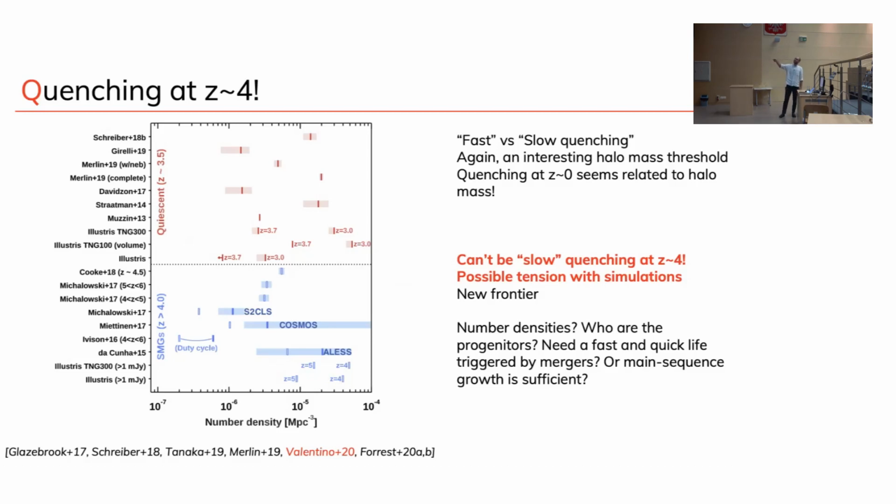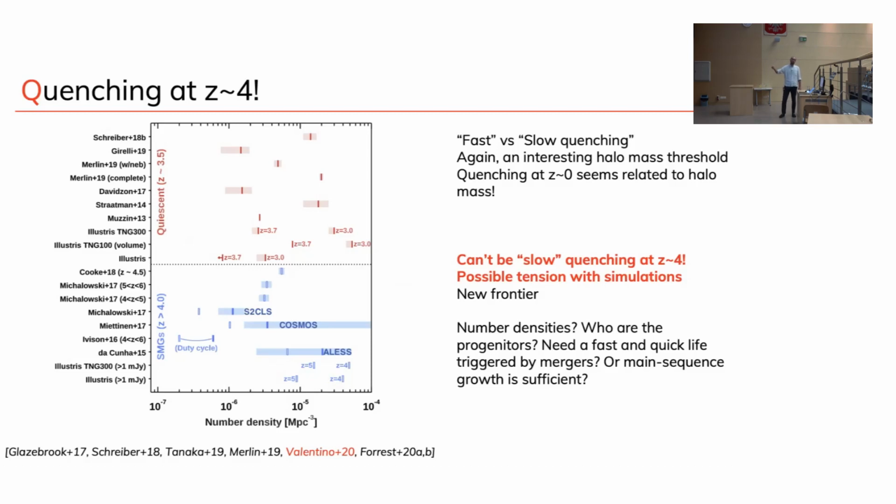What I tried here is to show what happens when you try to connect two populations. This is the population of very star-forming galaxies, SMGs, with starburst objects, at higher redshift. So again, what I'm doing here, I'm just trying to count how many progenitors you might have and how many descendants you might have. So if you assume some sort of average number here, average number here, it turns out